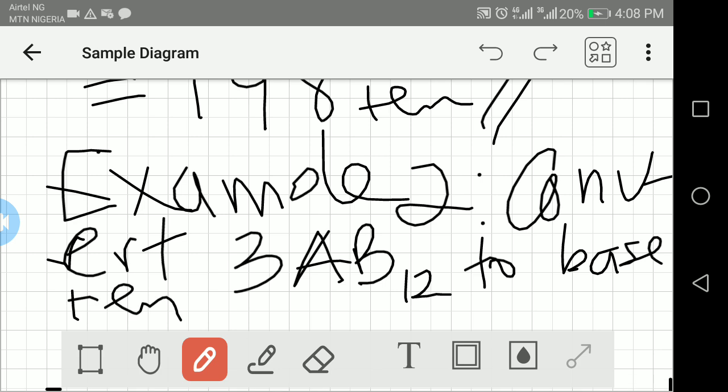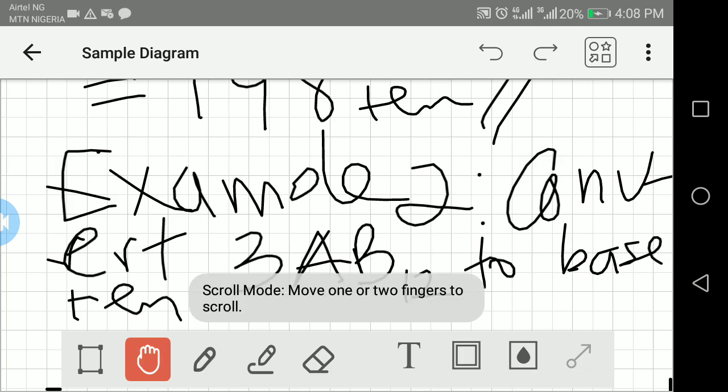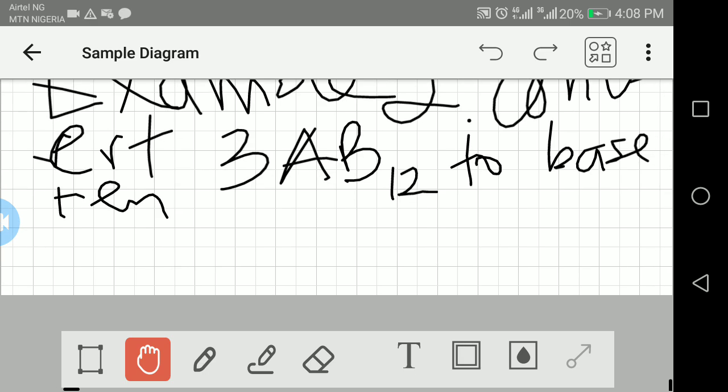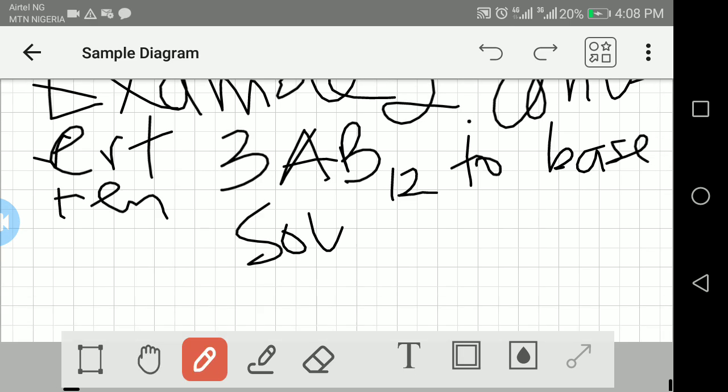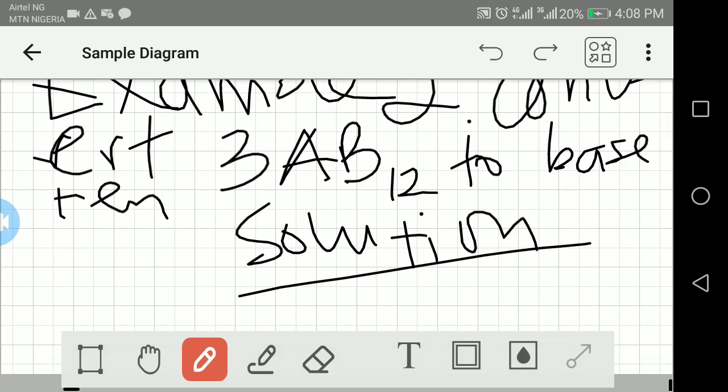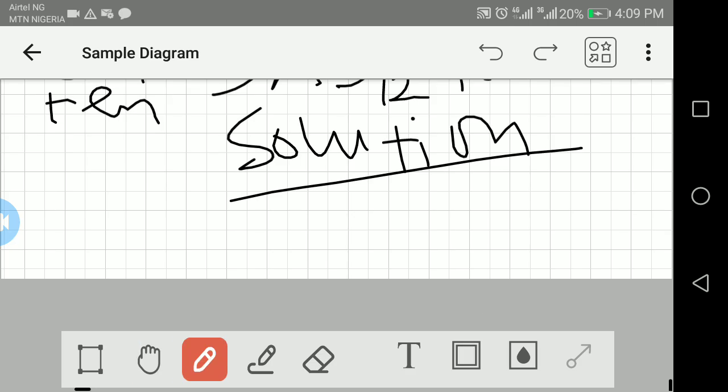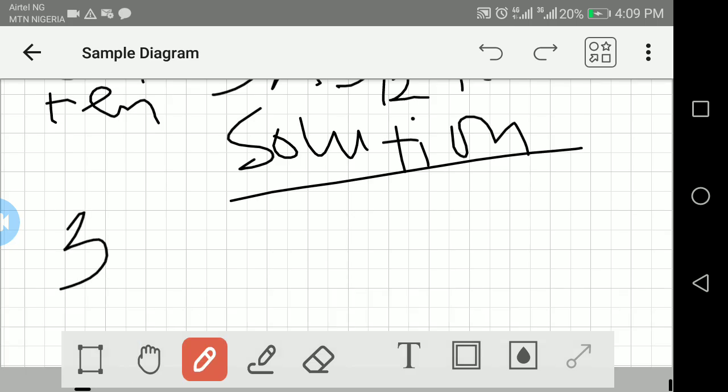Convert 3AB base 12 to base 10. All right, let's fire on. So solution. We can simply have 3AB